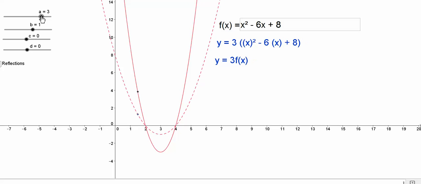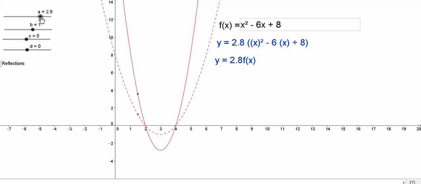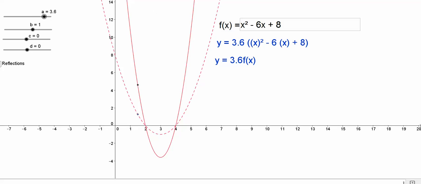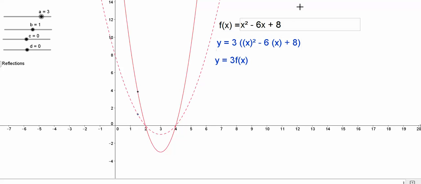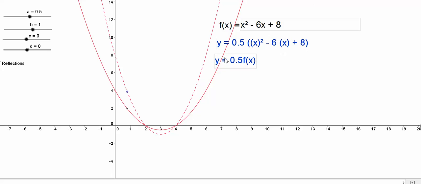3 times gives you this function, and we have 3 times the function. If we have the transformation y equals 0.5 f of x, a half f of x, then we have squashed